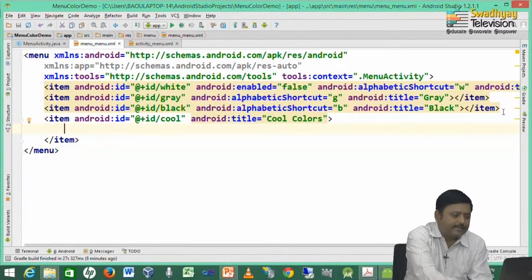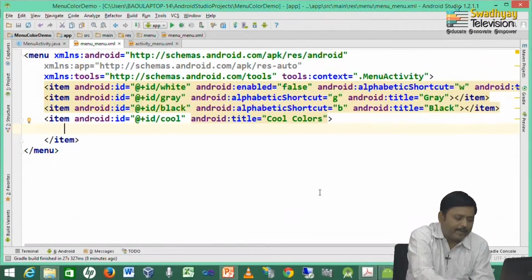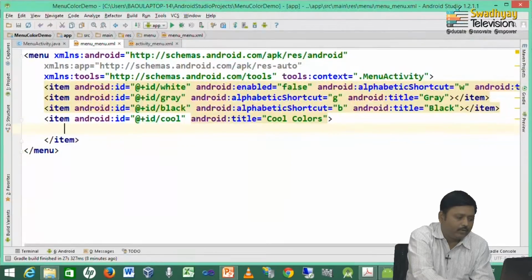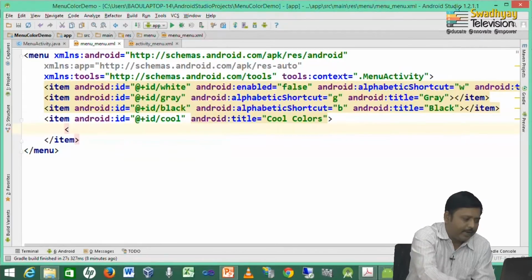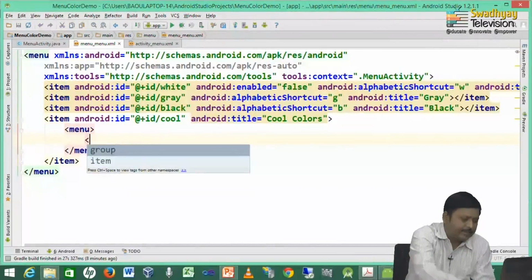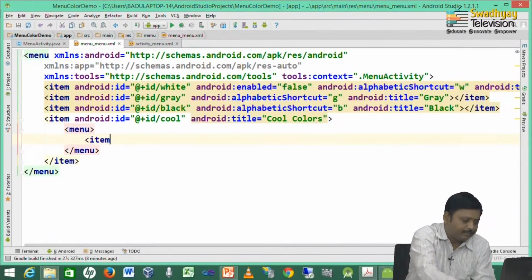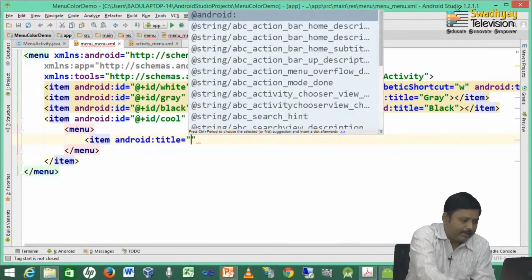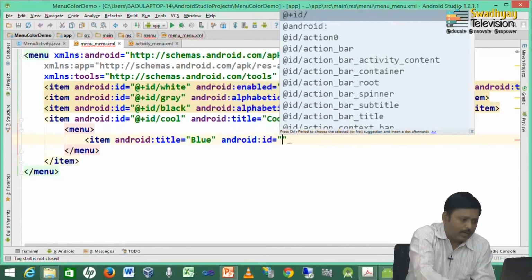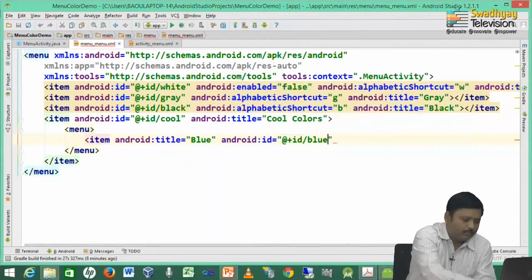Now, inside these items we want to display 3 items. Here you can see 3 items are blue, green and purple. So, we go to these, here we create a menu resource and inside these we create an item, and title is blue, ID is blue,